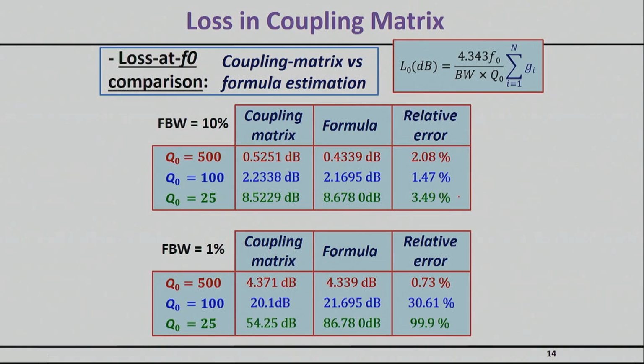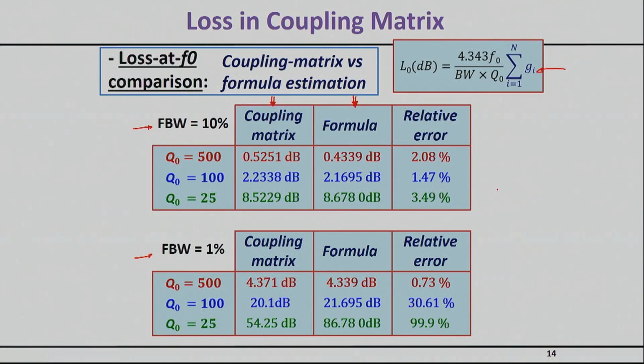Now, this is the comparison I promised you before regarding the different estimates for insertion loss. I'm giving you, for the two filters that we just studied, the one that had fractional bandwidth of 10% and the one that had fractional bandwidth of 1%, the loss that we get from the formula I just presented before. This is the second column right here, as well as the insertion loss as estimated by the coupling